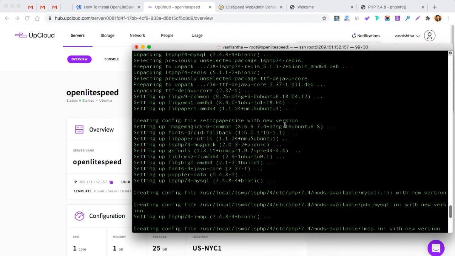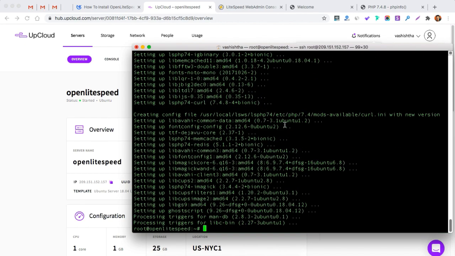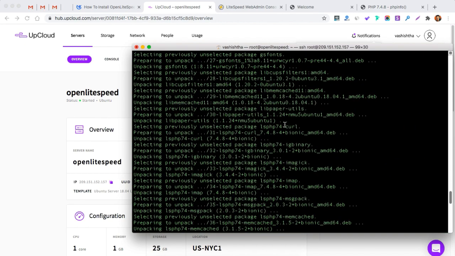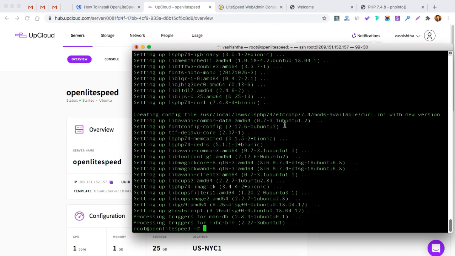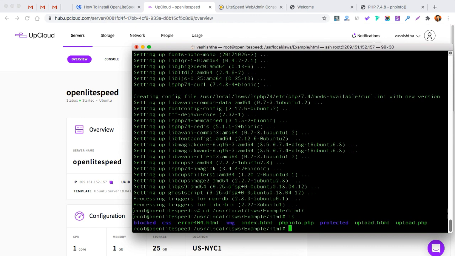So guys, as you can see, I've installed the PHP extensions successfully on this server. Now I need to get into the root document directory of this server. For now, I will go into /usr/local/lsws, which is the LiteSpeed web server. Example is my virtual host name, and html is the document root directory.